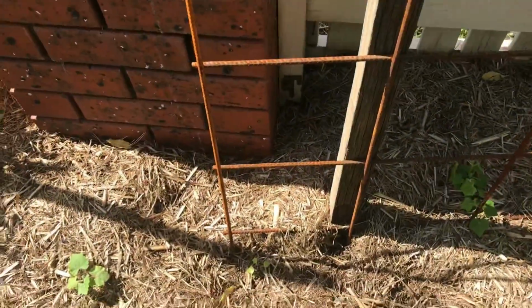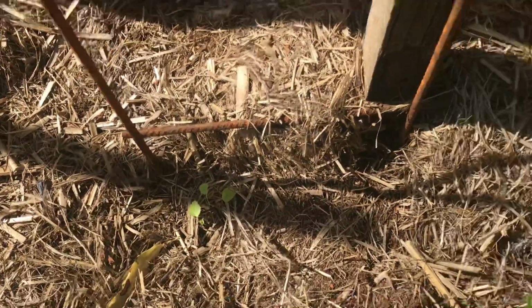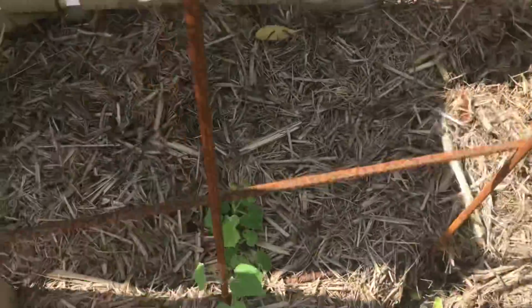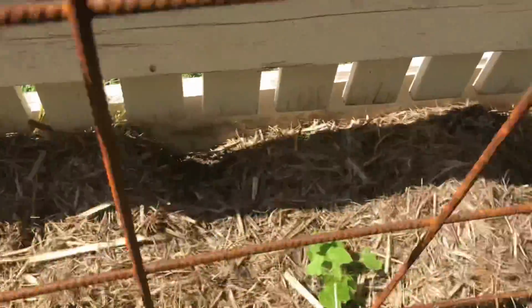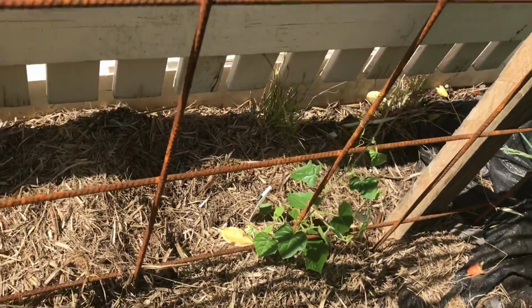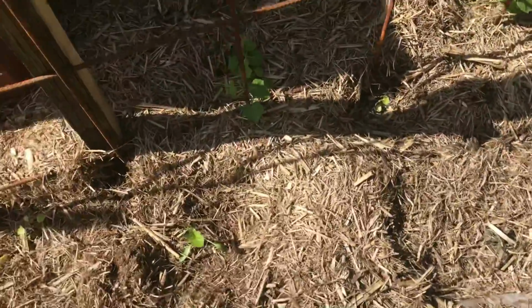Okay, our cucamelons. You see the little ones I put in, they're getting buried by the birds daily, which is annoying. The bigger ones going great, climbing up. You know, they should be starting to set some flowers out soon, which will be awesome. Speaking of the birds,